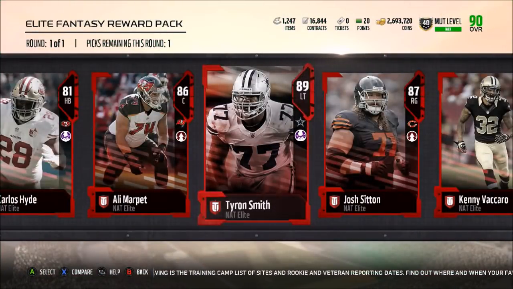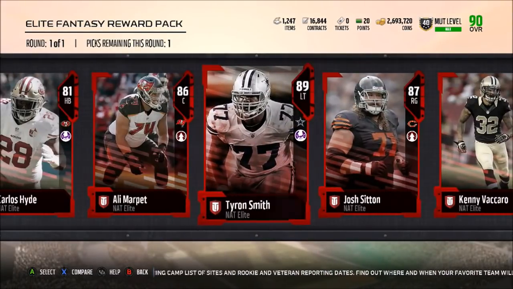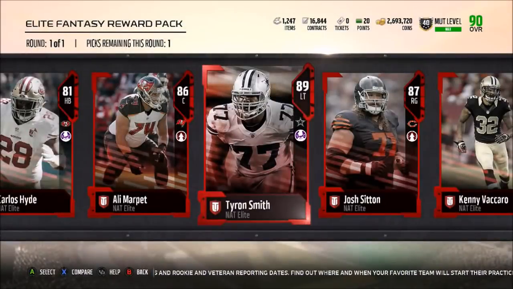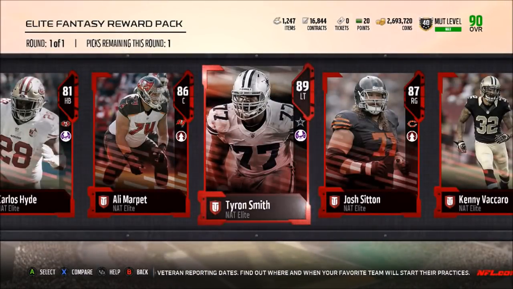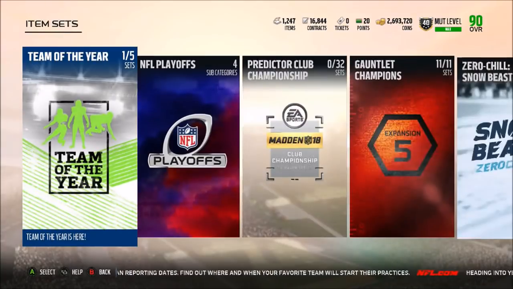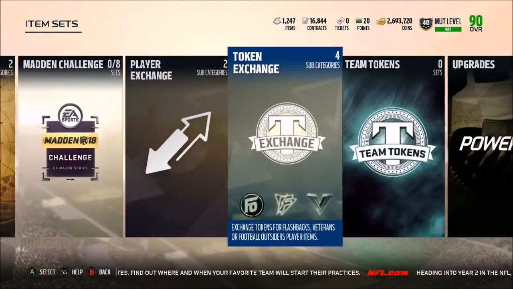And 89... Oh my god, okay. So we really have to focus on what we're going to go with here. So we could go with 89 Tyron Smith because, of course, he is an 89 overall. But does he have a power-up, actually? I'm not too sure. But if Tyron Smith has a power-up, let's actually go check really quickly. If Tyron Smith has a power-up, I'm going to go with Tyron Smith and power him up. But if he doesn't, then I'm probably going to go with...